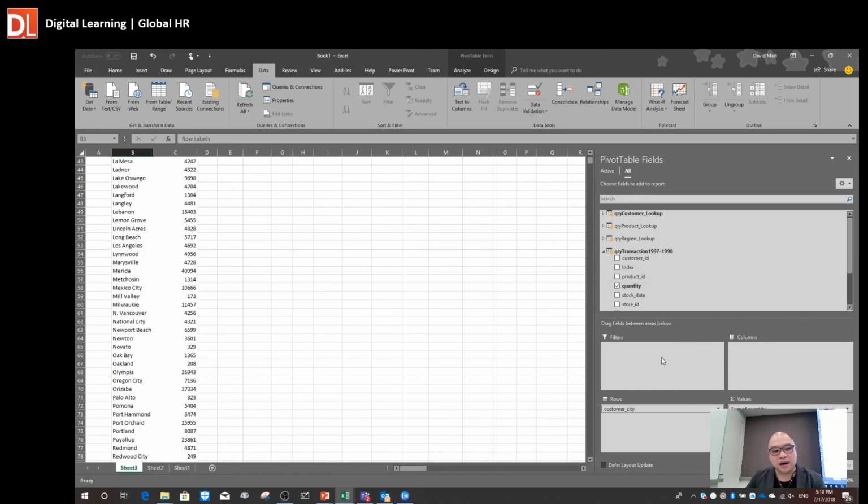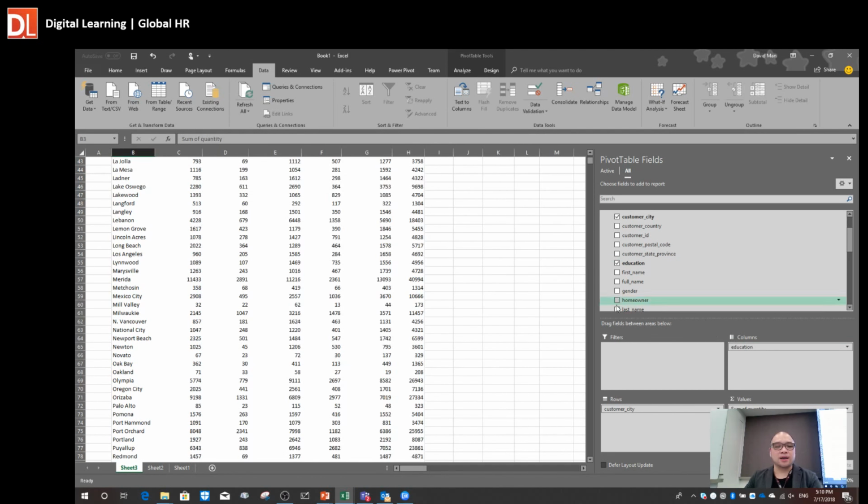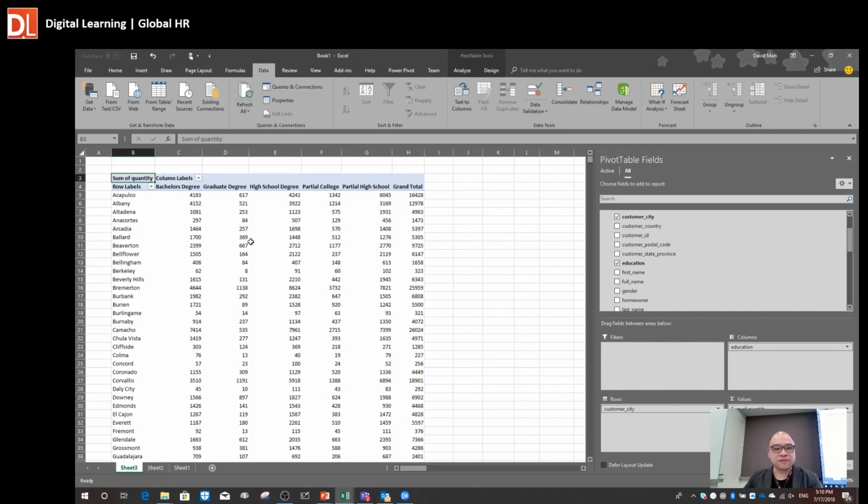Maybe I'll put the city on the left hand side, and over here, I would like to put the education on the column. And we've got different type categories of people from different regions, and we'll have a different number of transactions from our shop. And if you'd like to have a more graphical way to have an overview on the data,